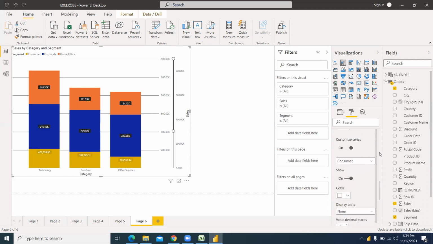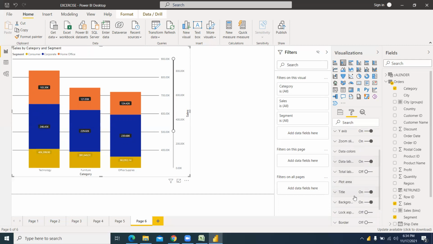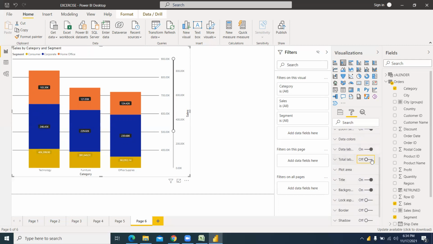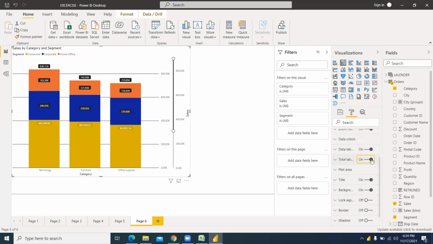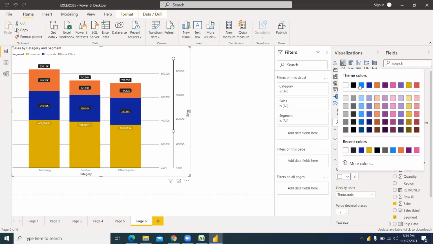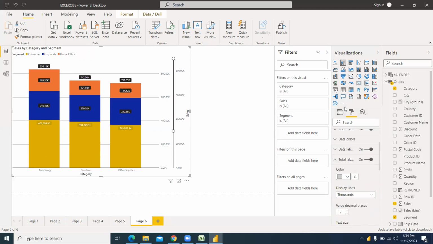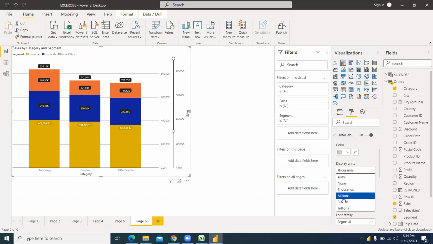Then we have the total option, then we have the total label also. So if you turn on the total label, it will show the total label on the top as well. Okay, so you can format the total label color. You want to show, let's say, a gray color or something. Okay, then instead of 1000, I will show the millions. You can show the millions.